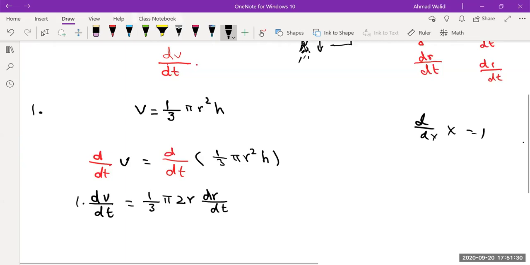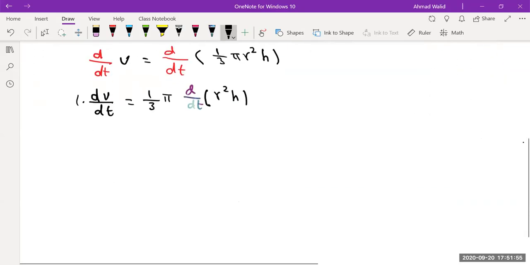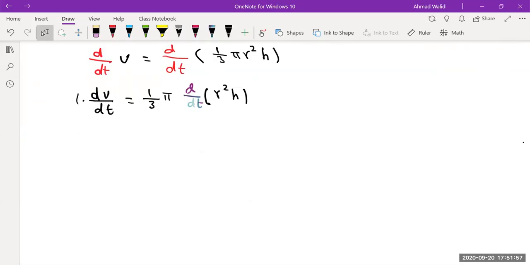Correct? Let me go one more step to make it clearer. I took the constant, which is 1/3 of pi, outside. Now, d over dt of what is left inside, r squared h. Here you see you have the product rule on the right side. You have to apply the product rule. Then dv over dt